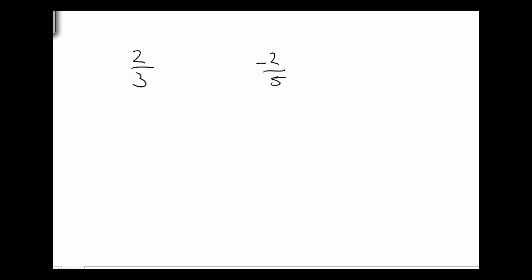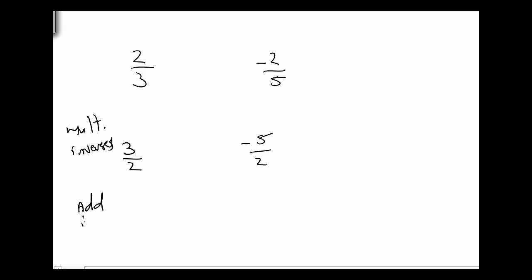What would the multiplicative inverse be for 2/3? That would be 3/2. And then what would the multiplicative inverse be for -2/5? And that would be -5/2. Let me write that these are multiplicative inverses,